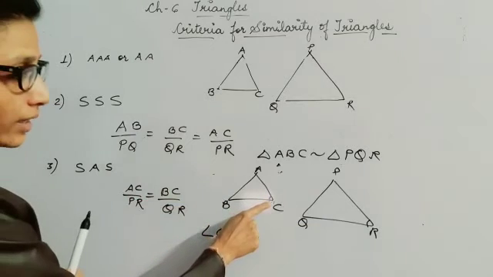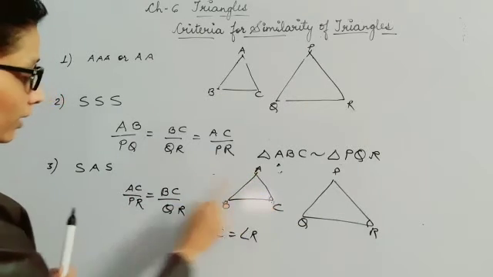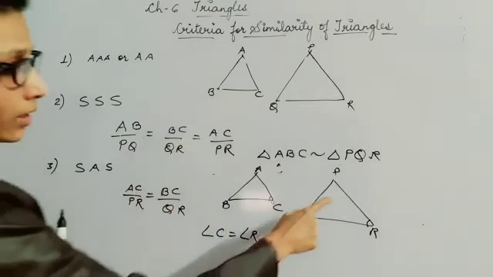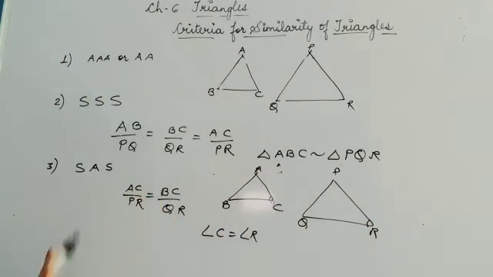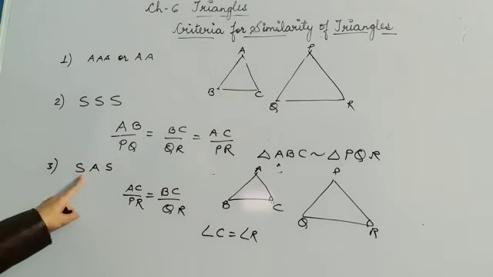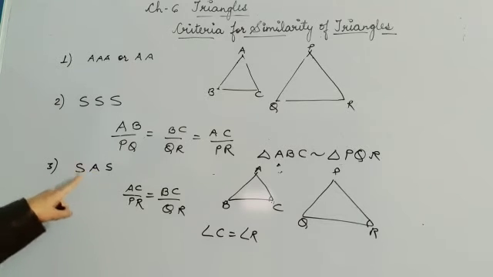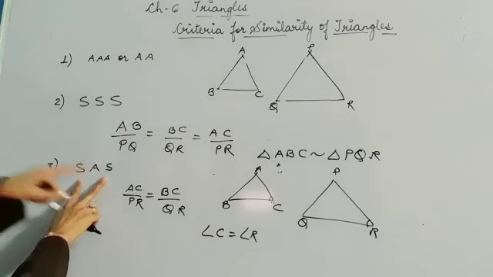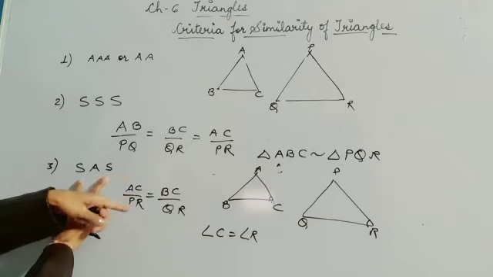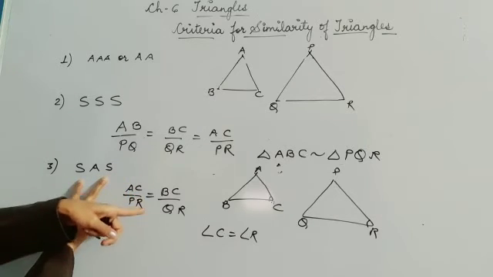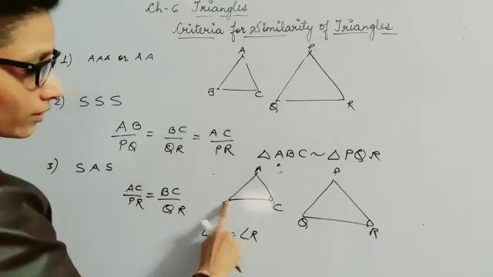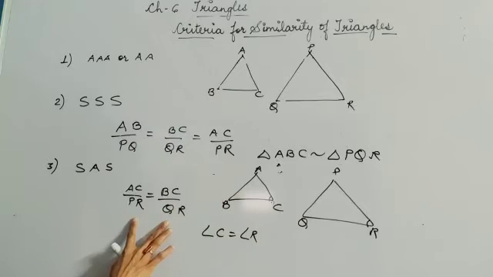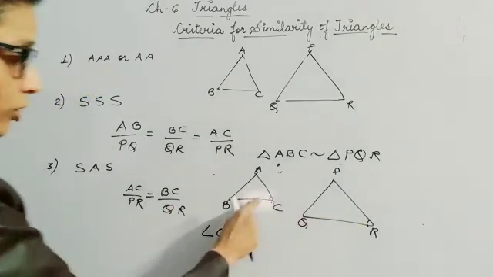Now you see this angle C is made by AC and BC. That's why I have written here AC and BC. And this is again PR and QR. So PR and QR I have taken. In your congruency case, what you were doing, you were just looking for two equal sides and the angle which is coming in between them. So similarly here also I am looking for proportional sides. That means the ratio of the corresponding sides should be equal and the angle should come in between. So here I am taking these two as my proportional sides and this is the angle which is coming in between.